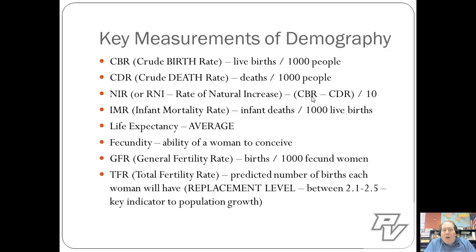In order for a country to meet replacement level fertility, meaning that the next generation will have the same number of people as the current generation, the total fertility rate has to be somewhere between 2.1 and 2.5 children per woman. Now, the higher that number is, obviously, the higher the birth rates and death rates, and therefore the higher the rate of natural increase. The lower those rates are, like what we're seeing in stage 5 countries, is we're seeing replacement levels under 2.1, which is having the impact of reducing the number of people in that particular area.